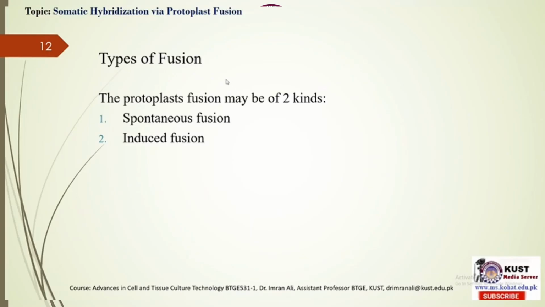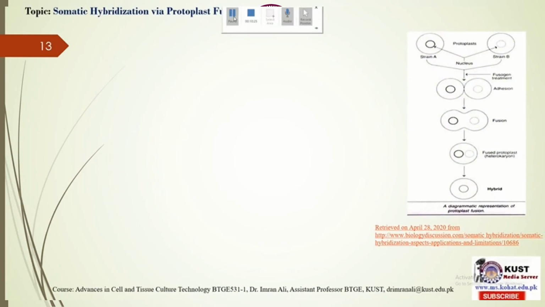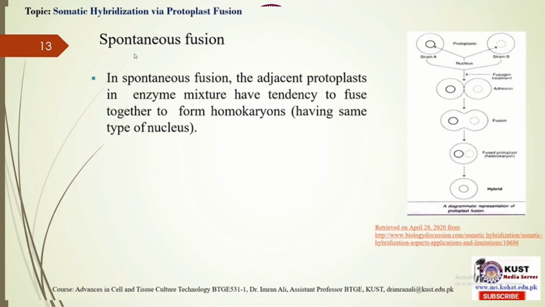Now, after isolation, we fuse the protoplast. The protoplast fusion may be of two kinds. The first one is spontaneous fusion and the second one is induced fusion. So, the spontaneous fusion. In spontaneous fusion, the adjacent protoplast and enzyme mixture have a tendency to fuse together to form homokaryons,